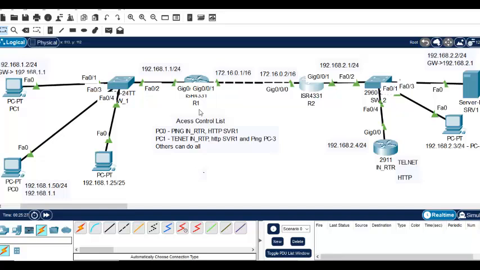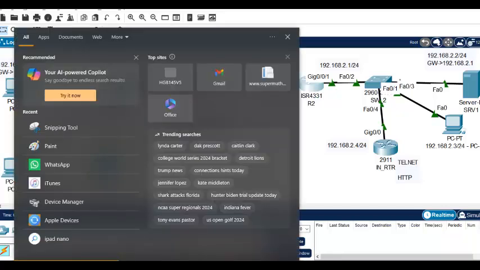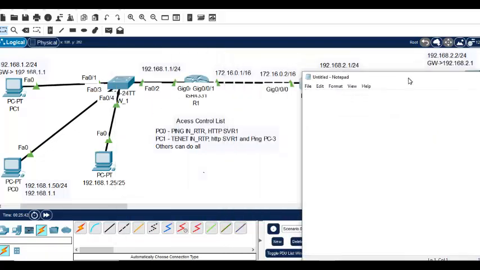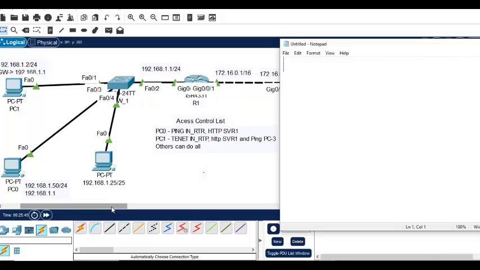And then I'll say access list. What number should I use for an extended access list? 100 to 199. So I'm going to say 101, and I'm going to say permit. See, the first protocol is ping. You need to permit ICMP. So I say permit ICMP